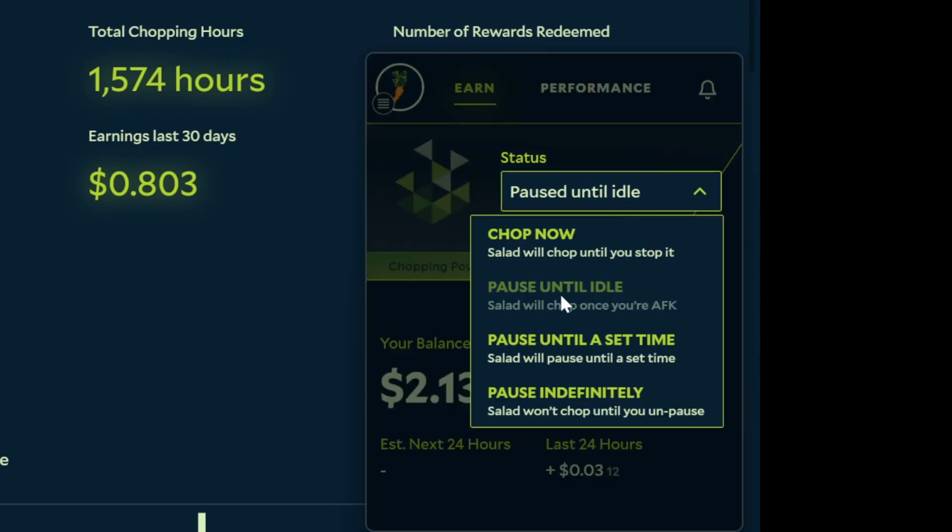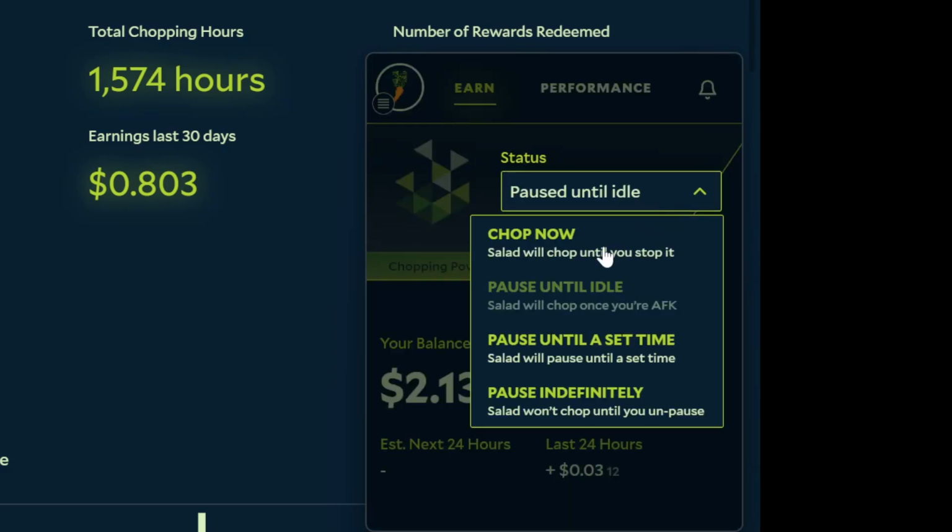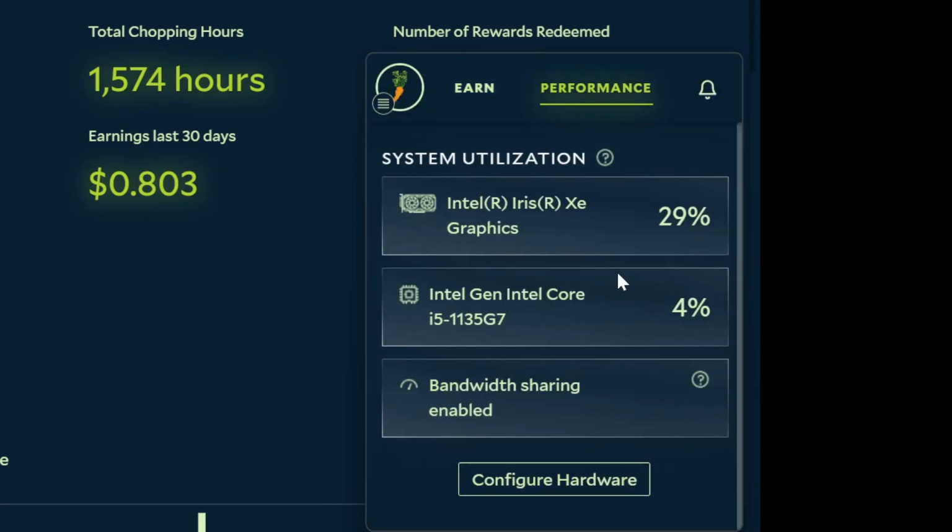I have it to the setting pause until idle. This is something you can change in the settings right here, and you can change how long it will be idle until it starts mining. Or you can have it on some other setting, for example, chop now, which means that it'll just keep on chopping even if you're using your computer. From the performance tab, you can see what CPU or what GPU it is using and how much of it